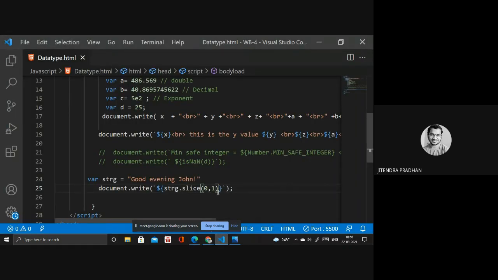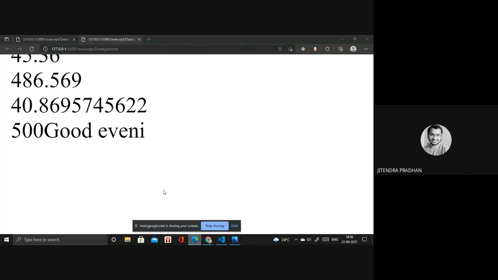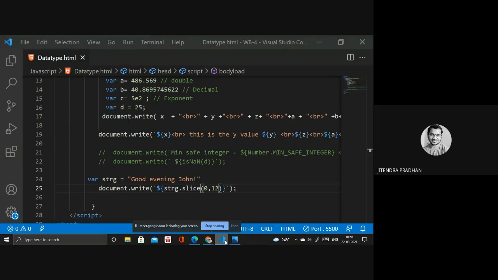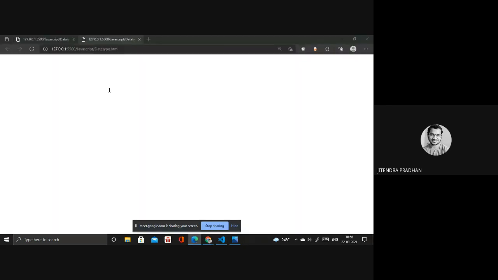If I write 0 to 12, let's see what happens. It's "good evening". Okay. So if you want to extract only "good", you have to write 0 to 3. Okay, 0 is my initial index number and 3 is my final index number. In between that, I want to extract the particular string. So at that time we are using slice.